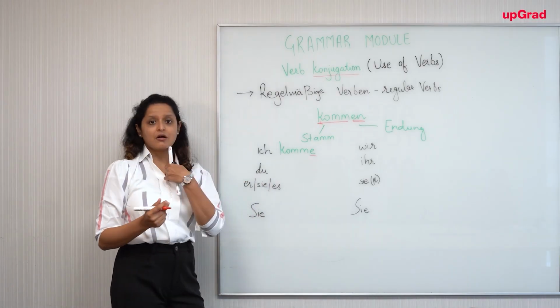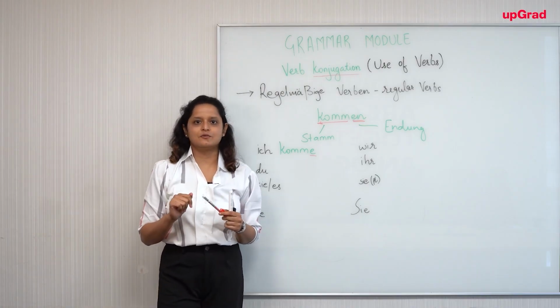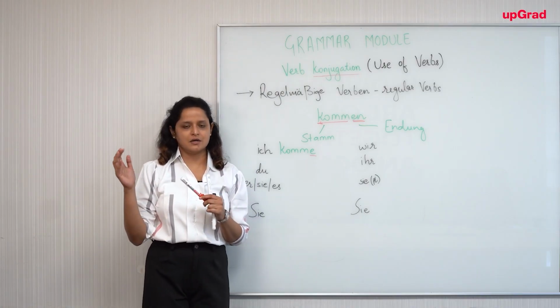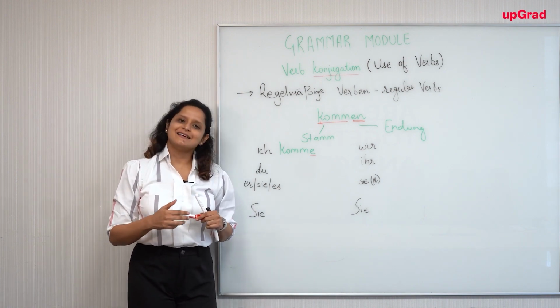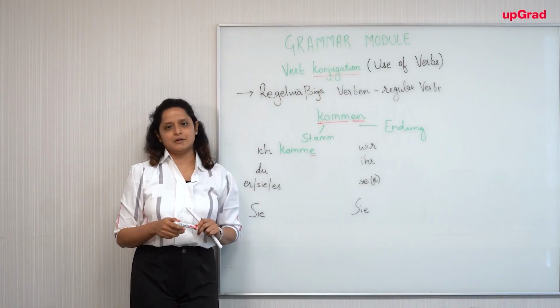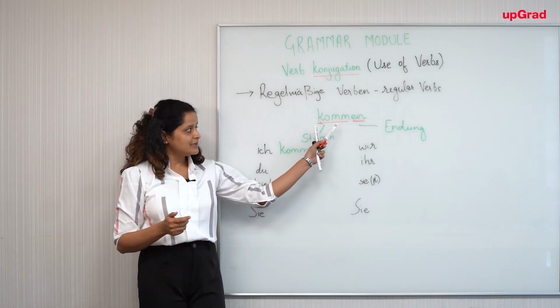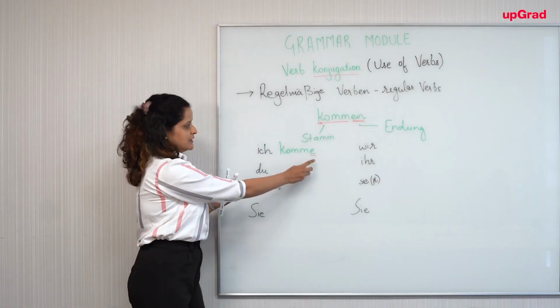So when I want to say, I come from somewhere, let's say I come from school, in that case the ich and the verb will be "komme". The verb originally is "kommen", but because I am using it with ich, it will have this